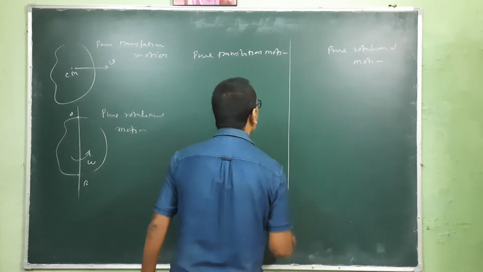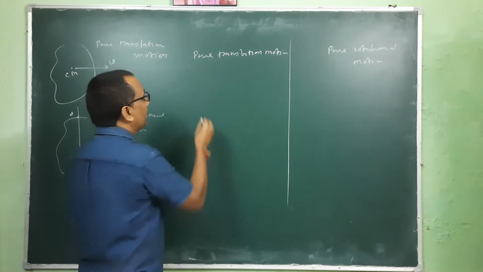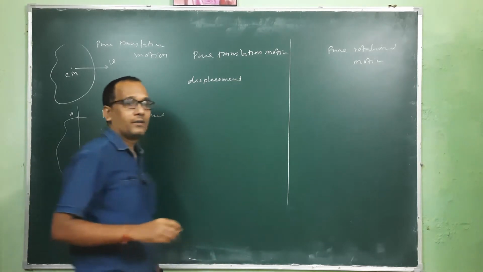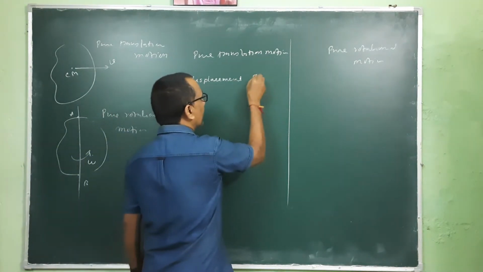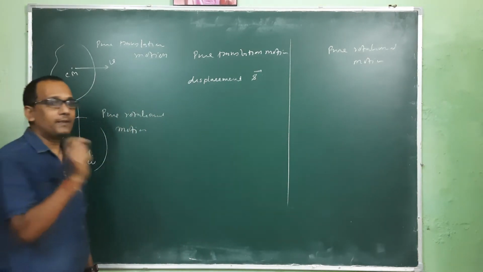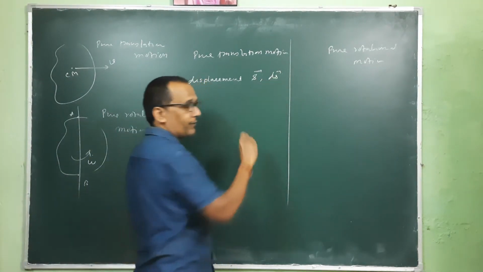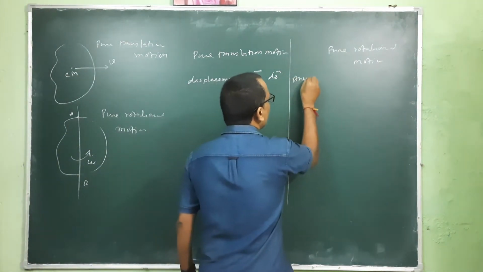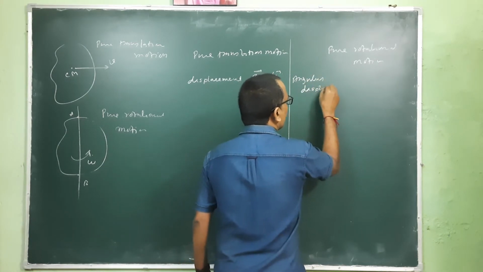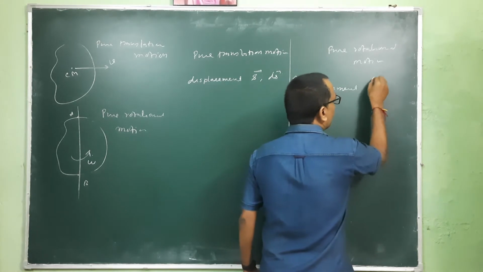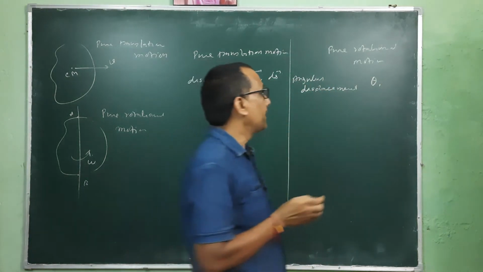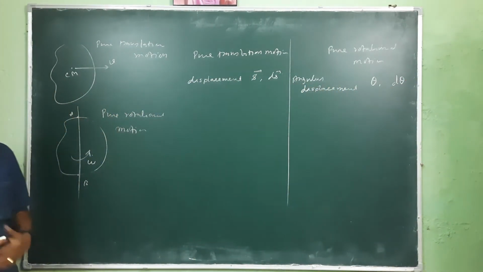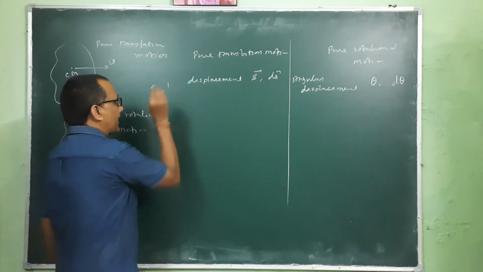So we have here that displacement is linear displacement, which is represented either by S, or when we talk about very small displacement, we represent this as ds, and further using integration we get S. And here that displacement is angular displacement, and it is represented by theta. For small angular displacement we take d theta, and by integrating we can get the complete displacement of that rotating body. So this is the first parameter.